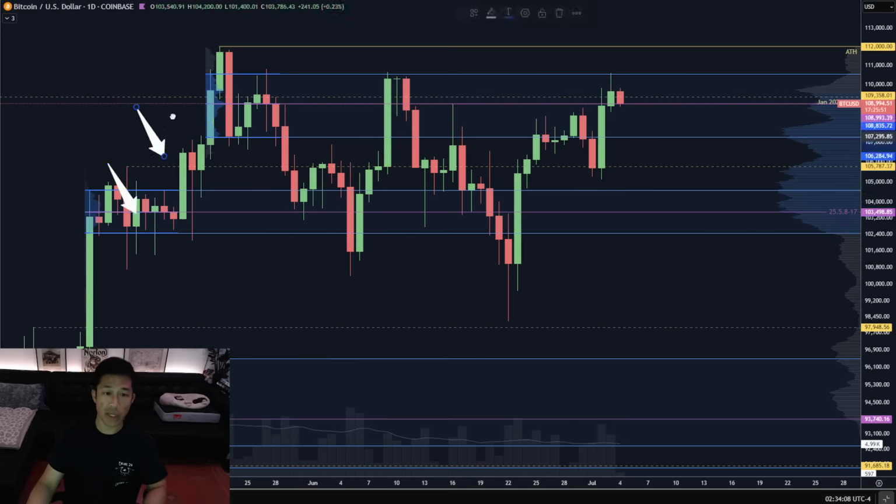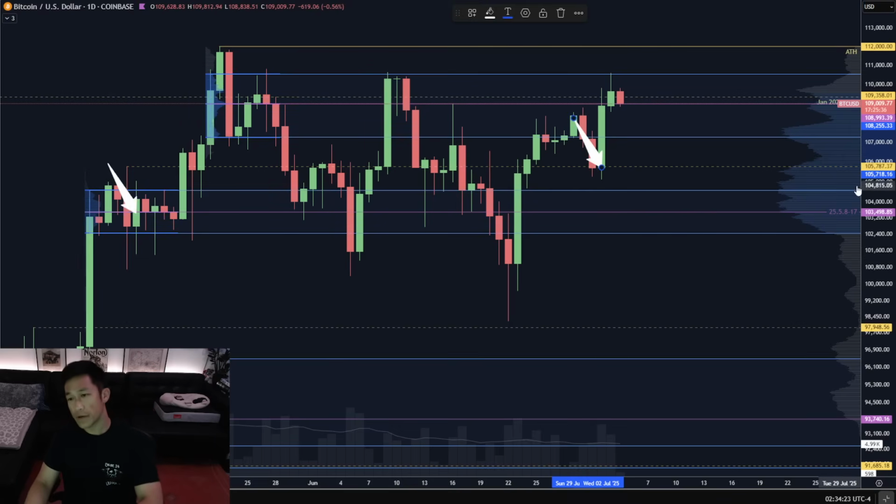And instead, sellers have been defending against the all-time high supply with the rejection from its value area high, rejection from its point of control. But now, after failing to get to the all-time high supply's point of control, the retracement was pretty much just a drop and pop at the high of this key structure over here. So the buyers can, from here on out, hold over